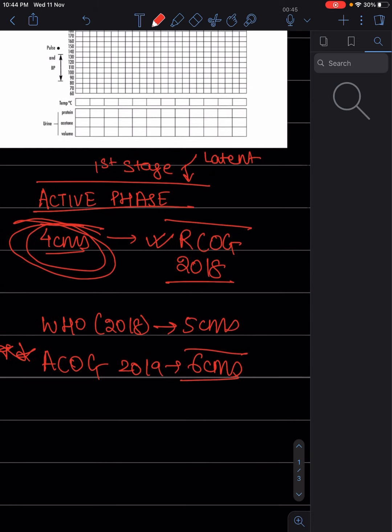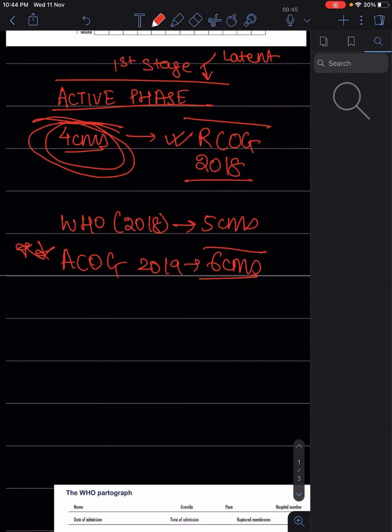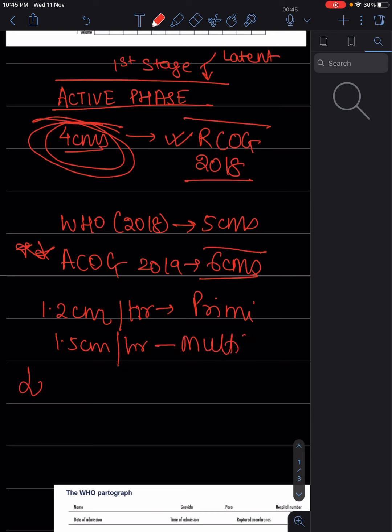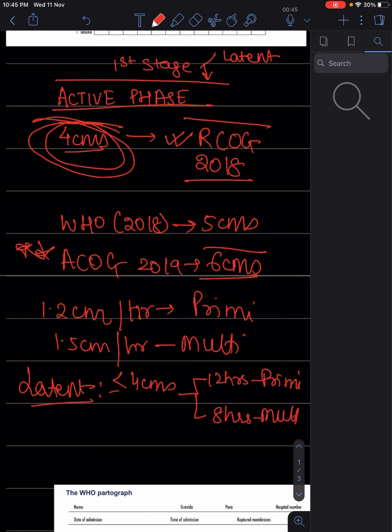Now besides this, let us also revise the fact that in active phase the dilatation has to be at the rate of 1.2 centimeter per hour for a primary, and it has to be 1.5 centimeters per hour for a multi. Okay, and the latent phase, which is before that, that is less than 4 centimeters, the progress has to be that within 12 hours it is there for primary patient, and within 8 hours for a multi patient, right? Okay,